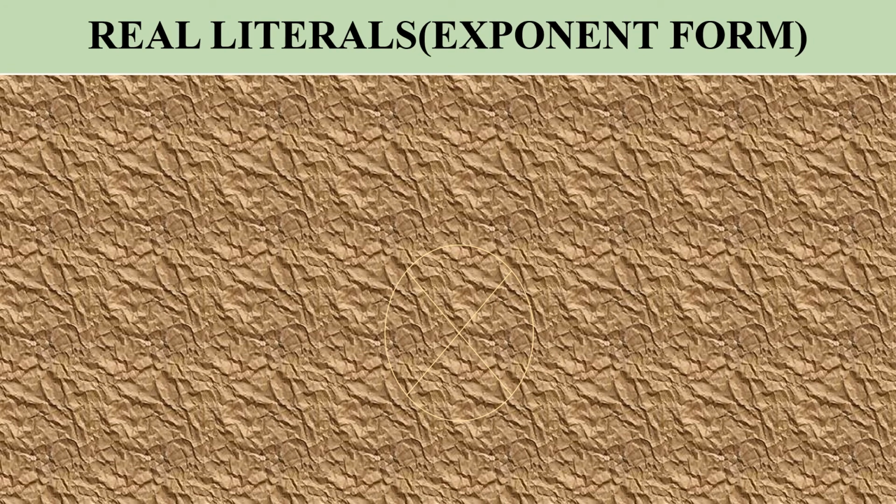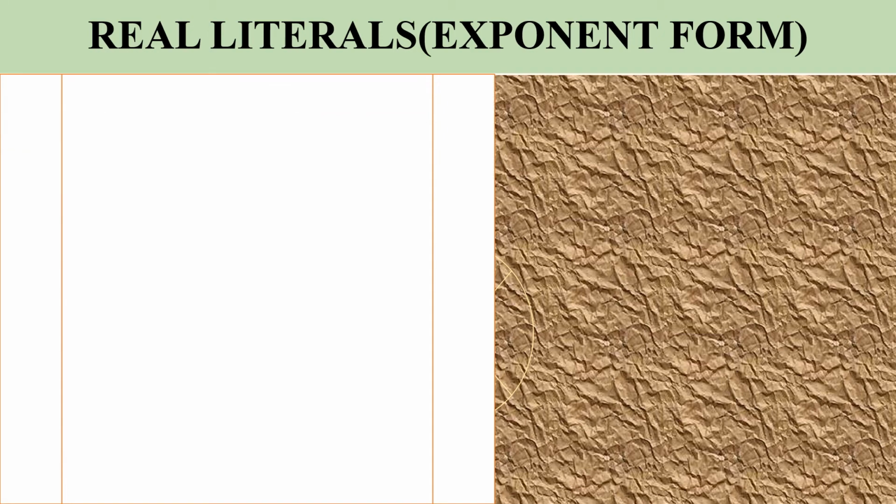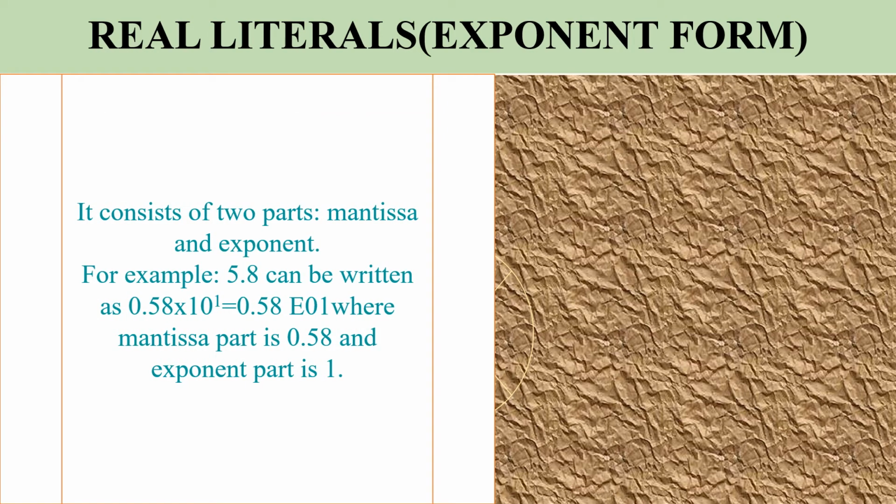So let's understand the exponent form of floating or real literals. In exponent form, it will have two parts, that is mantissa and exponent. For example, we have 5.8. We have to write 5.8 in powers of 10. So the decimal point is shifted either to the left-hand side or to the right-hand side as per your convenience. Here I have shifted it to the left-hand side. So if I shift this decimal to the left side by one digit, I may write it as 0.58 into 10